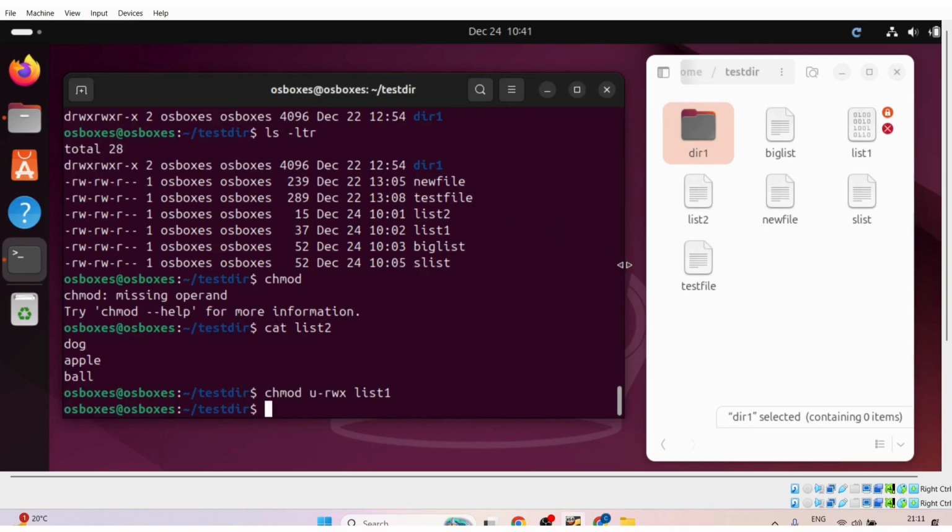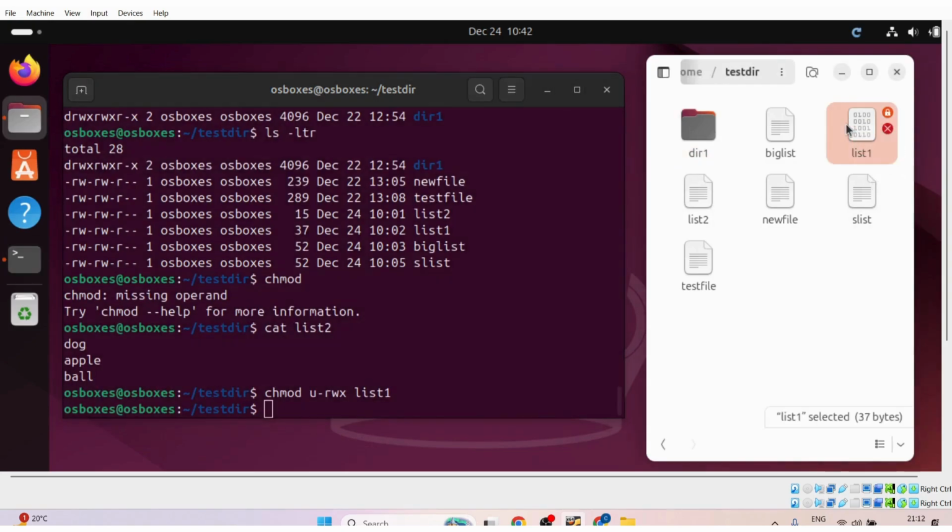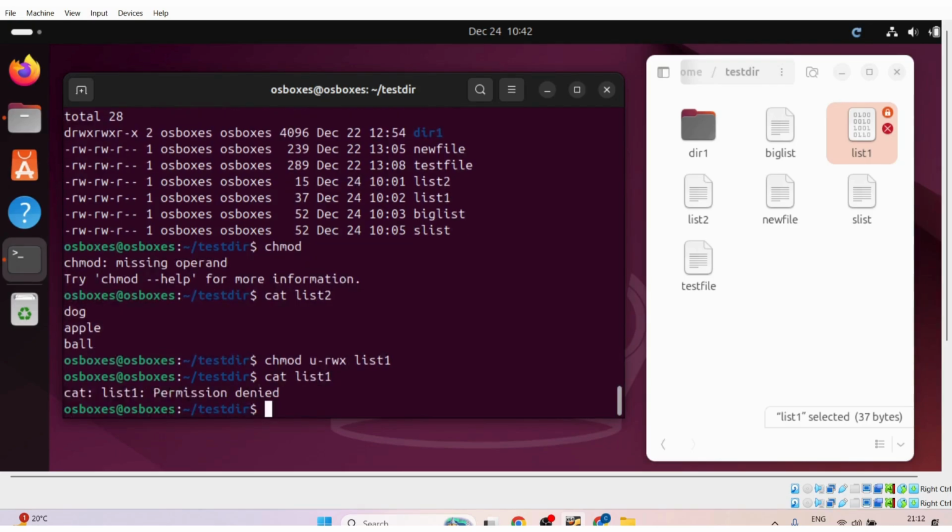Okay, once I removed it, if you notice here, it's changed, it got logged, right? Now let me try to access the file. It shows permission denied. Now if I want to add back the permissions, what can I do? Chmod